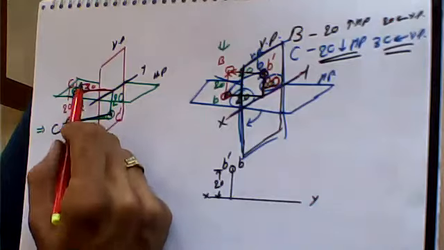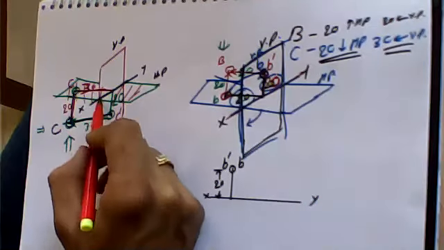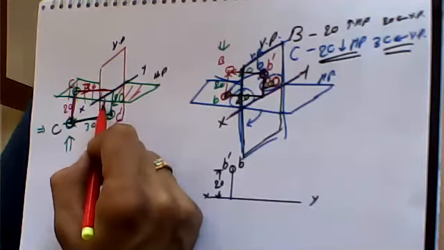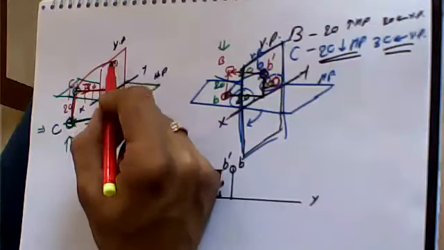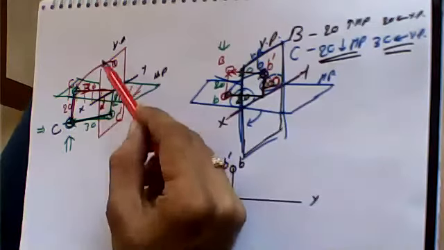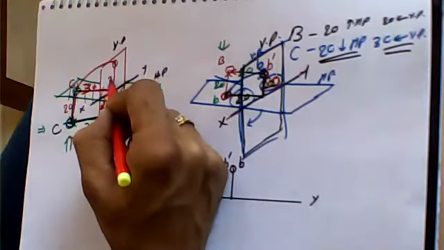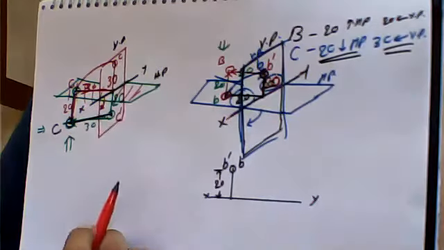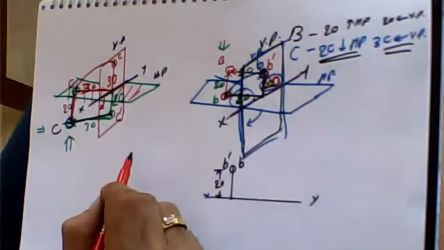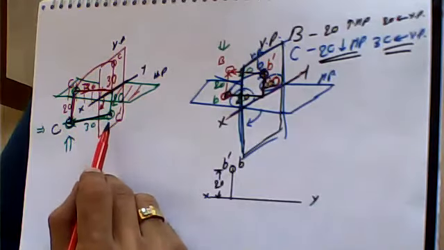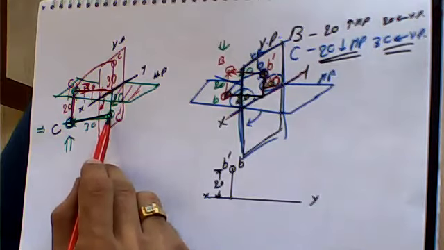And now what we do, we rotate this horizontal plane for 90 degrees in clockwise direction. When this plane is rotated, the position 30 mm is going to be available over here. यहाँ से वो rotate होके ऊपर चला जाएगा. So this is going to be the distance 30 mm for C. तो हमें C कहाँ पे मिल रहा है? C is माने plan or projection of horizontal plane, projection of point C on horizontal plane is going to be available above reference, and projection of point C on vertical plane is going to be below reference.